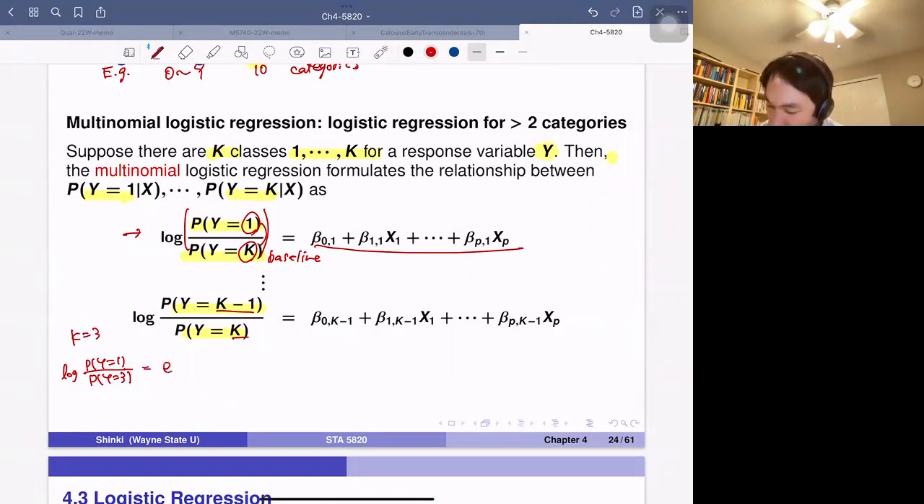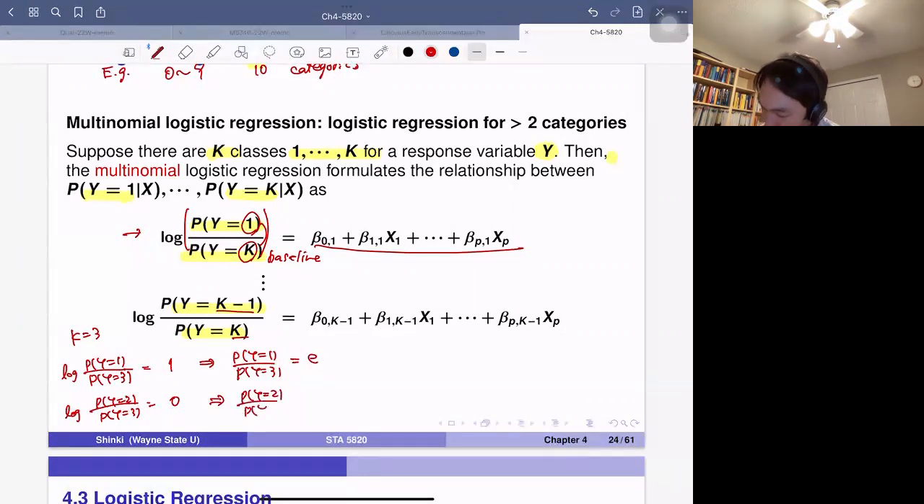Maybe e, then the log of probability of y equal to 2 over y equal to 3 is equal to maybe 1 and 0. Then we can take the exponential of both sides. Then the probability of y equal to 1 over y equal to 3 is equal to e, right? And this means the probability of y equal to 2 over the probability of y equal to 3 is equal to 1. So that means the probability of y equal to